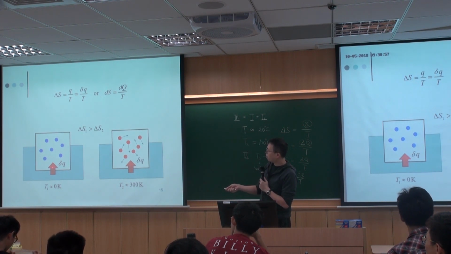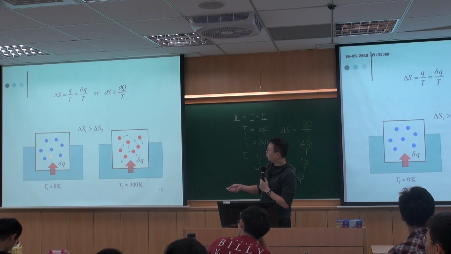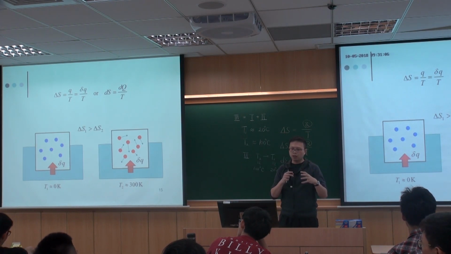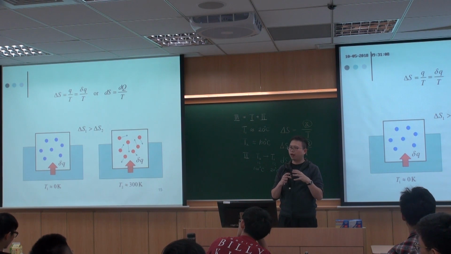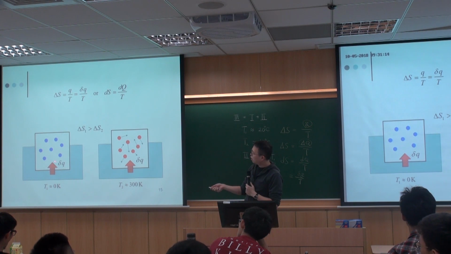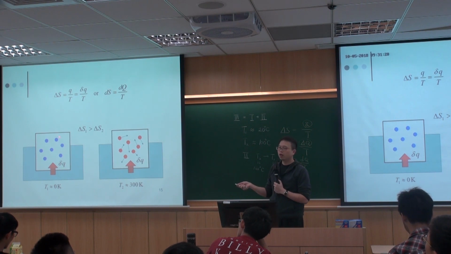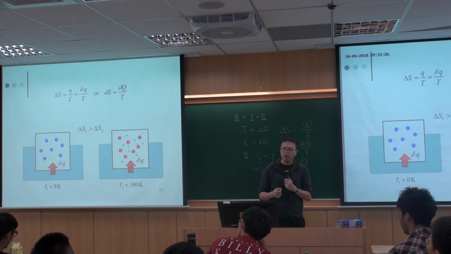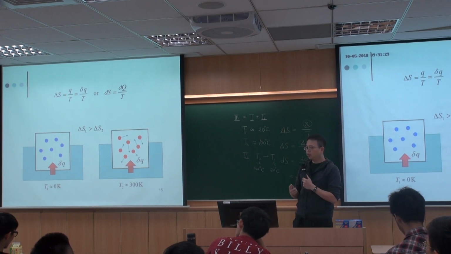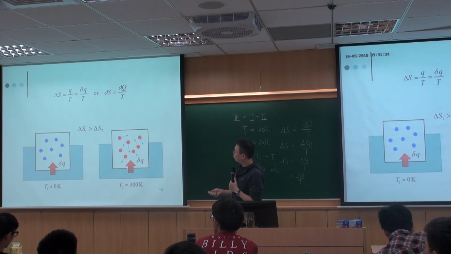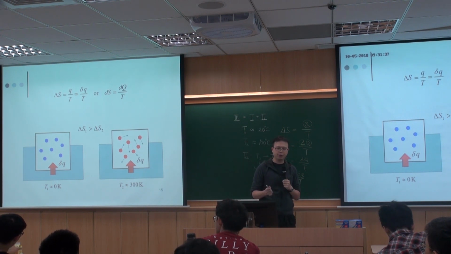By adding the same amount of heat into the system, we know that on the left-hand side, because originally there's no movement at all, this heat will change the particle movement by a lot. So the randomness will be increased by a larger amount in the left-hand side system compared to the right-hand side. Because for the right-hand side, these particles are already moving around very rapidly and in a random fashion. So even by adding the same amount of heat or thermal energy into the system, there's no big change.